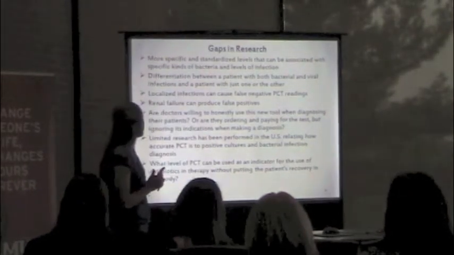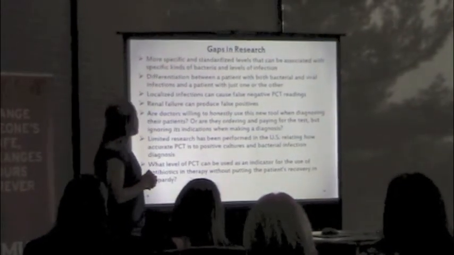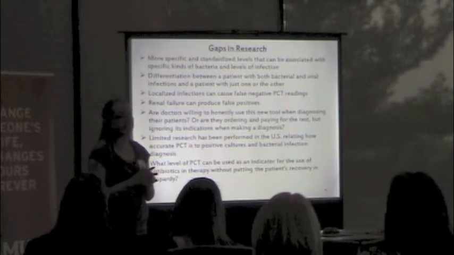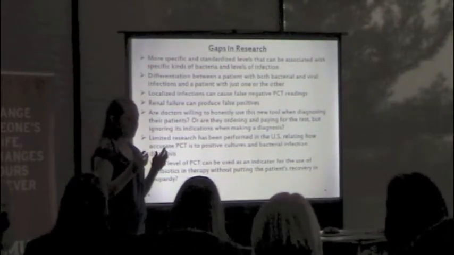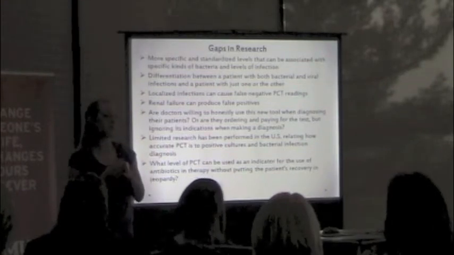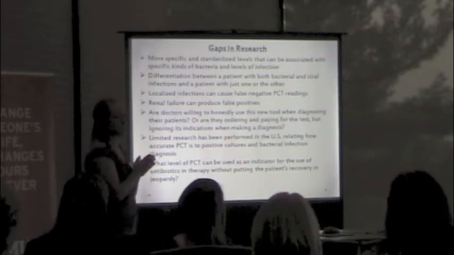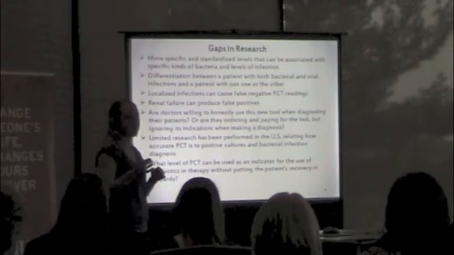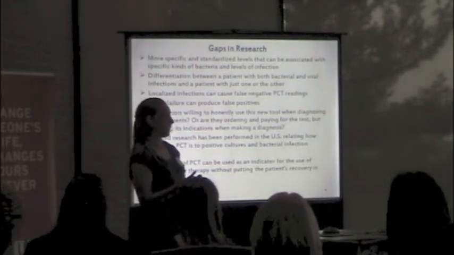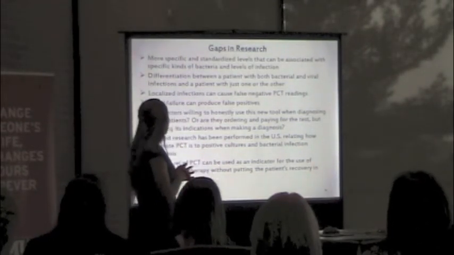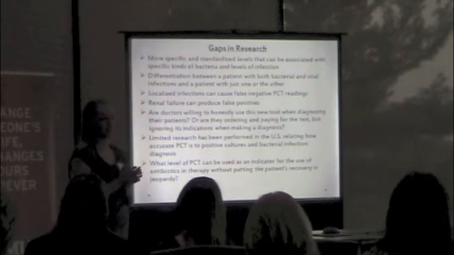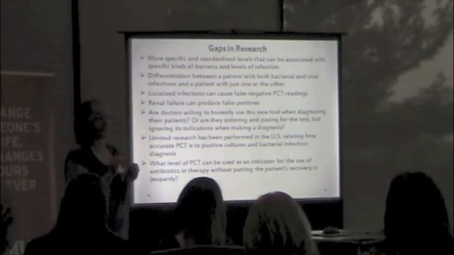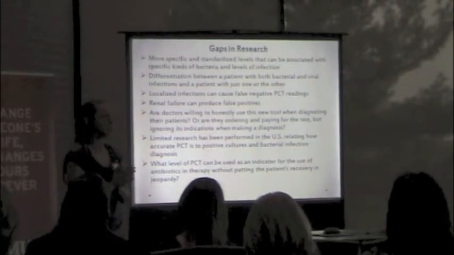So gaps in research that I found, because obviously this is a developing test, we need to continue to make more specific measurements for procalcitonin in the body and correlate them with the diseases so that we know more specifically how to treat those. Also, we need to find a way to differentiate between patients that have bacterial and viral, if there's a specific level, and also